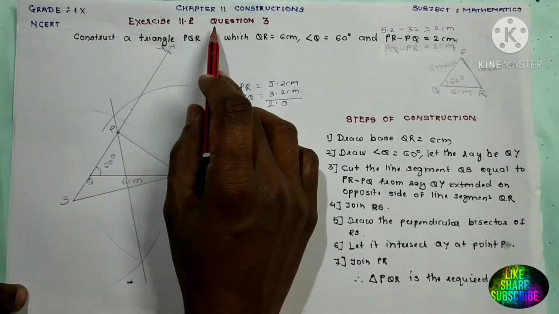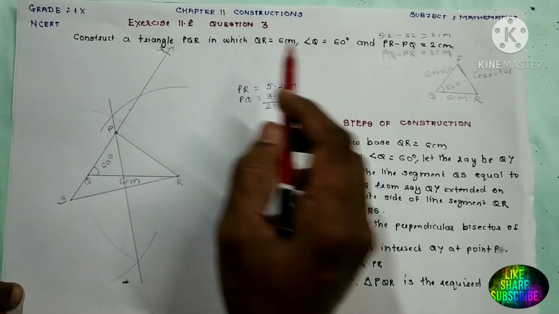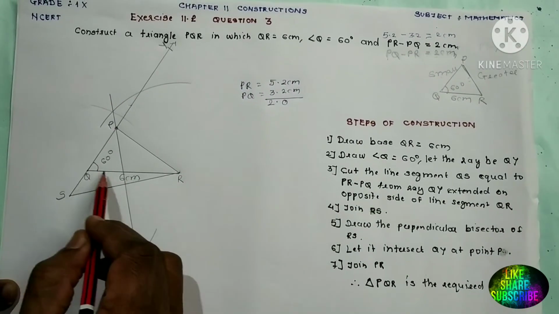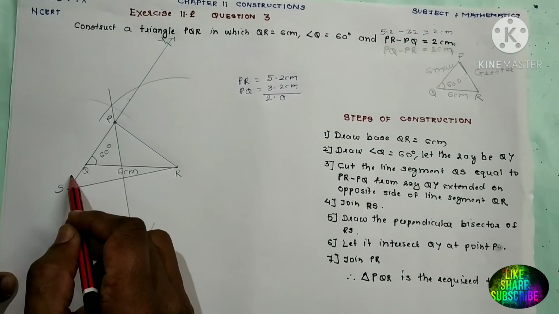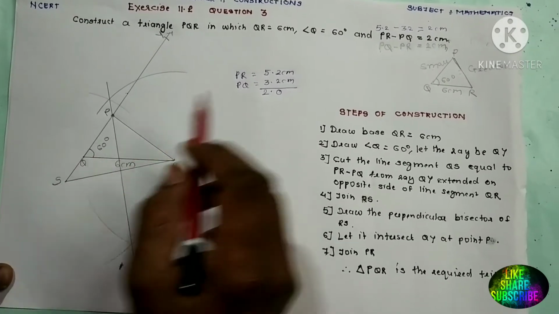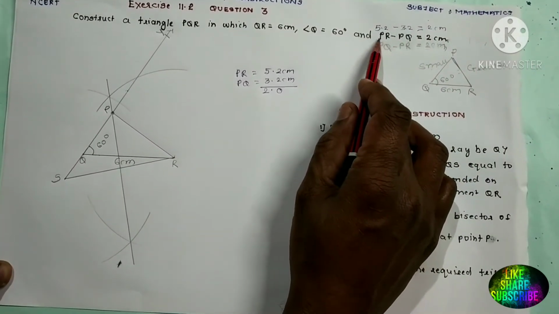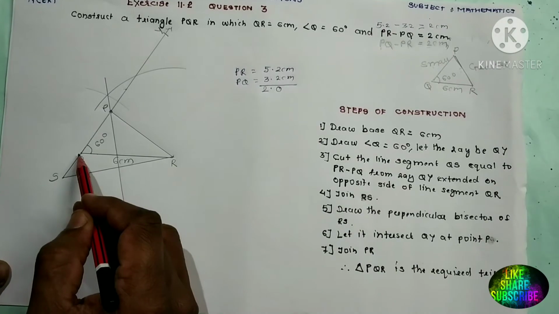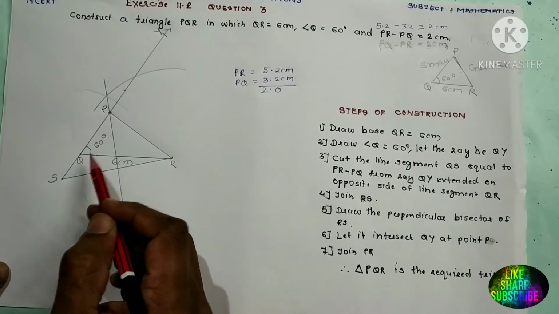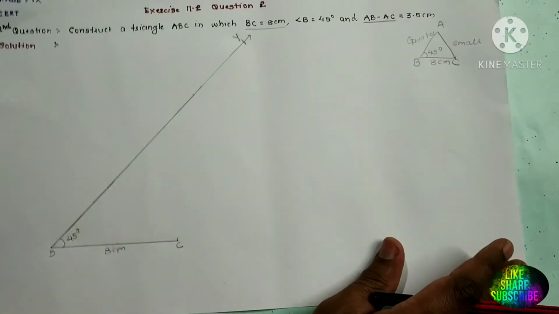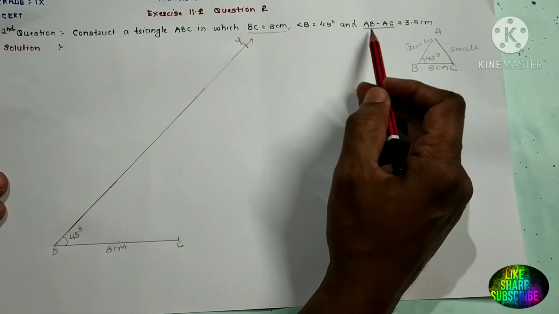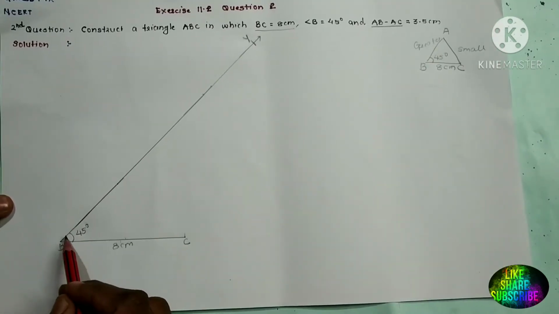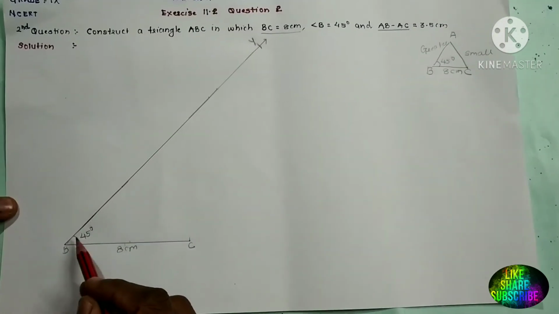In my last video I have solved question number 3 of exercise 11.2. And this distance PR minus PQ is equal to 2 cm. I have shown below the base QR. So this distance was 2 cm, distance QS. Why have I shown this? Because PR was greater than PQ. So this side was greater. That's why I have shown this 2 cm below the base QR. But in this question, AB is greater than AC. So this side is greater now. So that's why you have to show this 3.5 cm above the base BC.